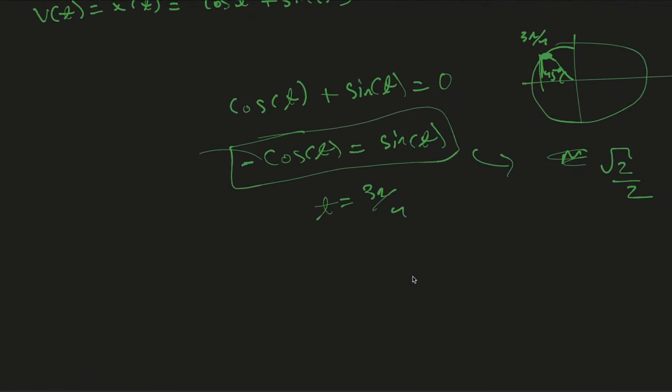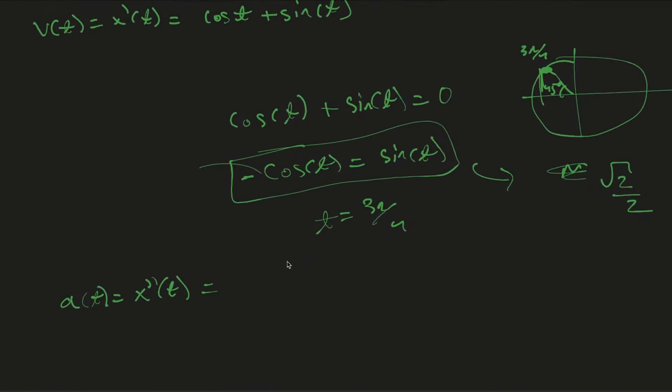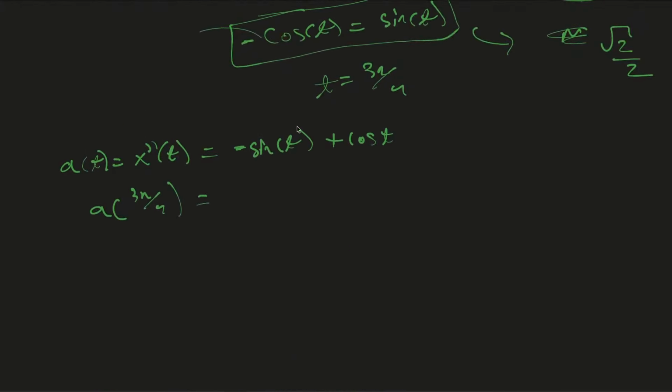Okay, so now that we figured that out, we have to figure out acceleration, which would be the double derivative of position with respect to time. So taking the derivative once more gives us negative sine of t plus cosine of t. And if I plug in 3 pi over 4, because that's what the question's asking, what's the acceleration at that point when it's first equal to 0,